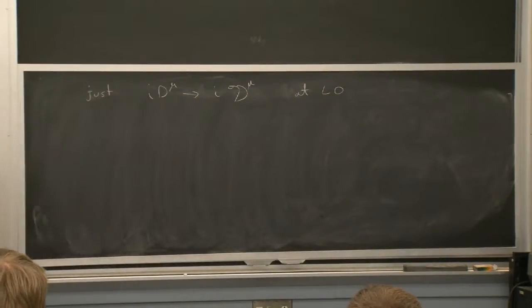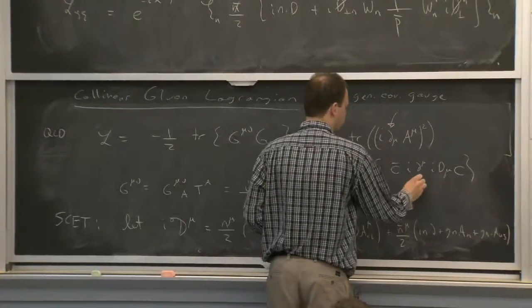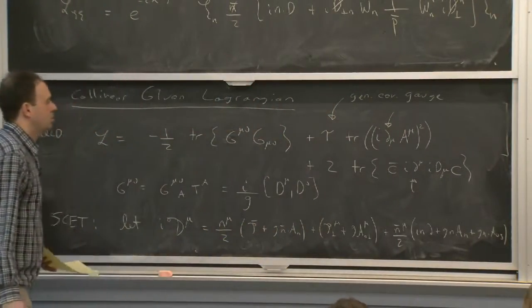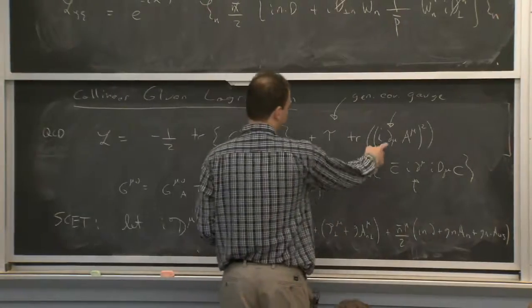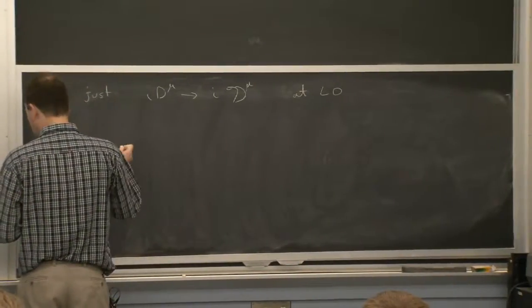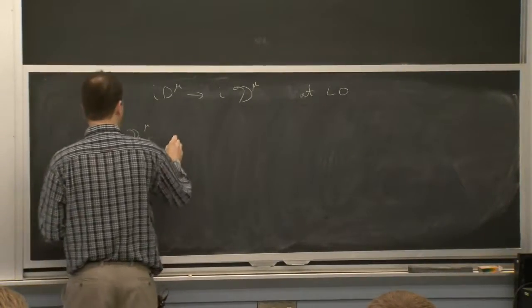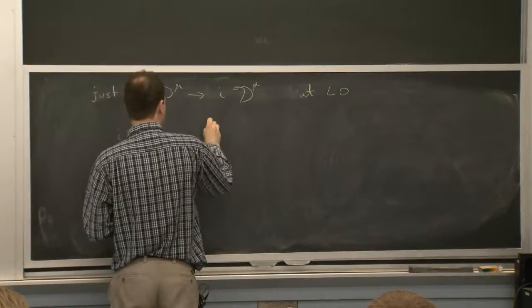And then there's one complication, and that's this partial derivative. Well, there's two partial derivatives. There's one there, and there's one there. So this is in the gauge fixing terms. These terms are both related to the gauge fixing. And in those terms, actually, I want to make them covariant.